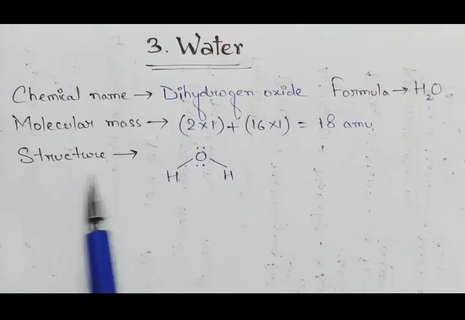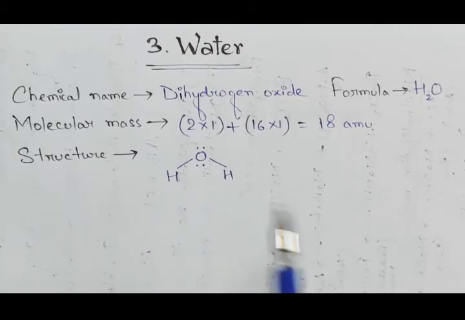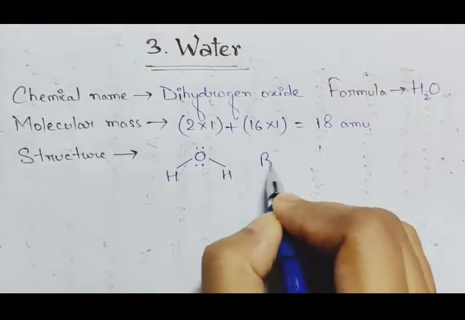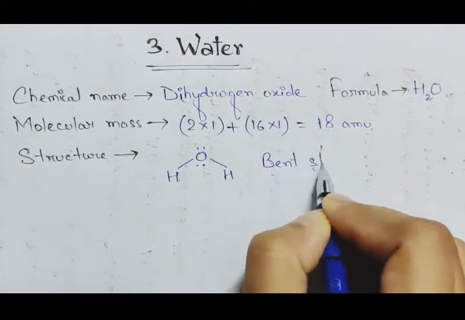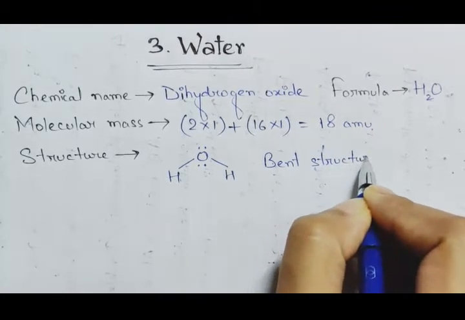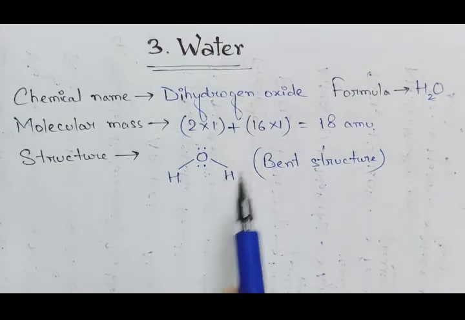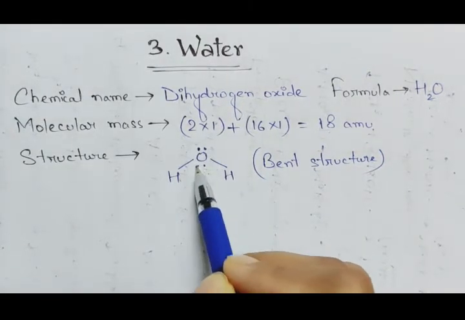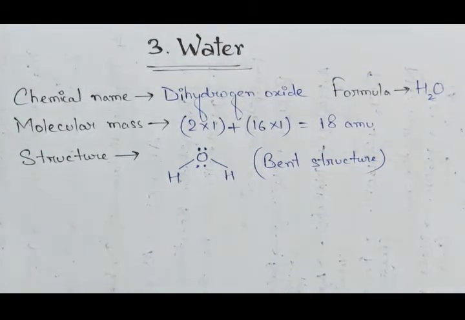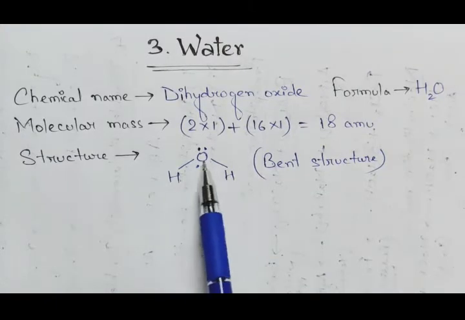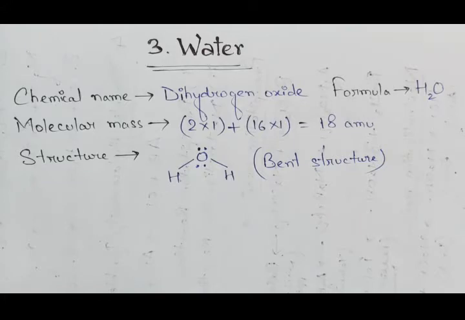Now the molecular structure of water is this. This shape is called the bent structure. Okay, so this is the bent structure, and this is how we show the molecular structure of water. Now how these bonds are formed, I'll discuss this in the next chapter. So for now just remember this, that water has a bent structure. Okay,